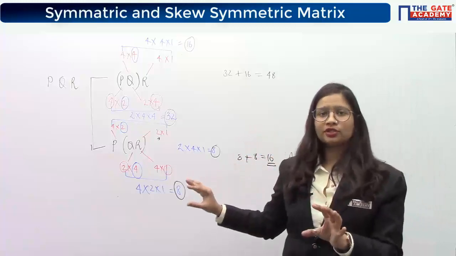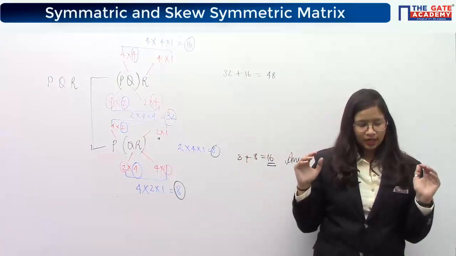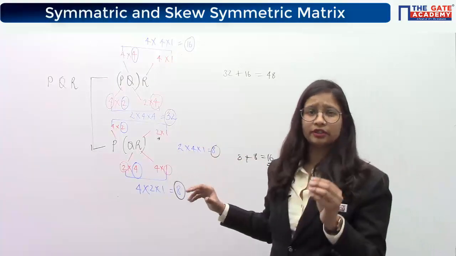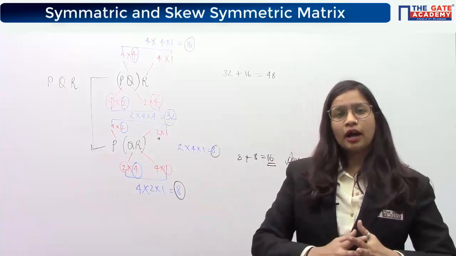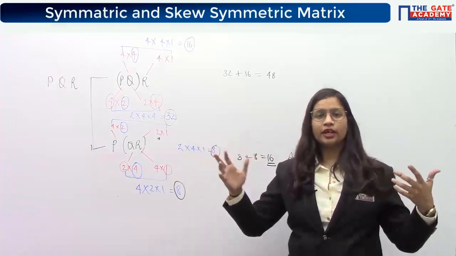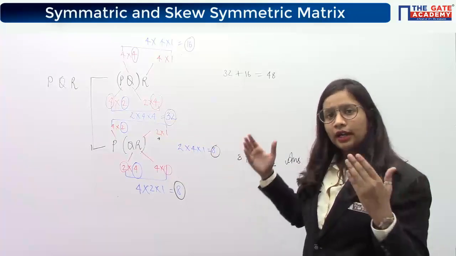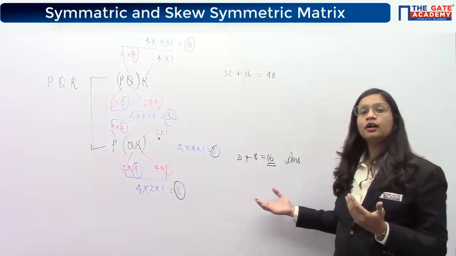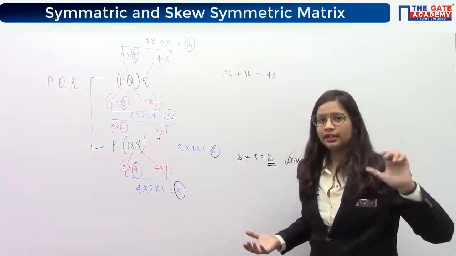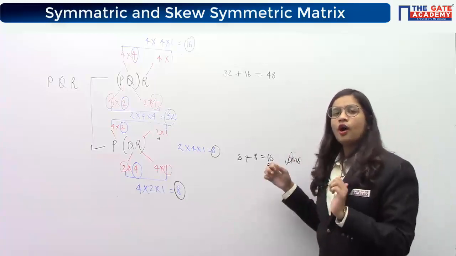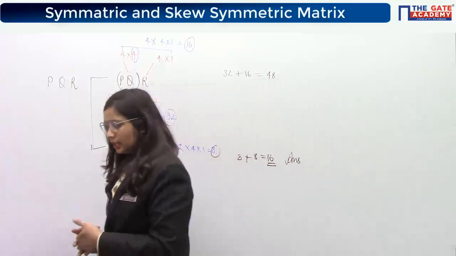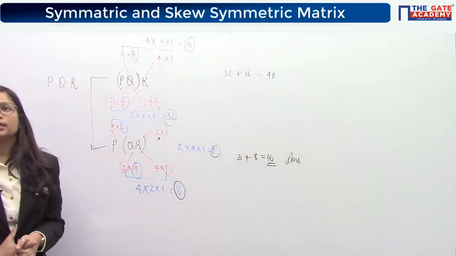For computers also, I have told you yesterday in the last lecture also that these matrices are very, very important in programming and all. So if you have a large matrix like 100 cross 100, 100 cross 20, 100 cross 50 and so on, if you know in which way the multiplication should be done, so that the multiplications are lesser, then in that case the run time of that program will be lesser. So this is the use of this topic. That's why we are studying this. Understood, I guess, everybody? Okay, so our final answer will be 16.